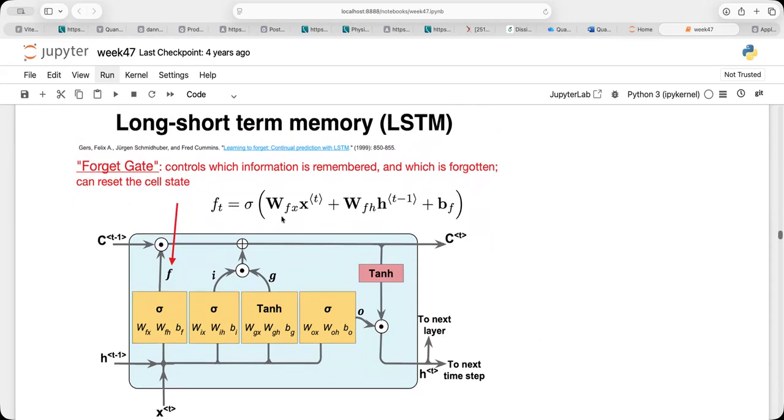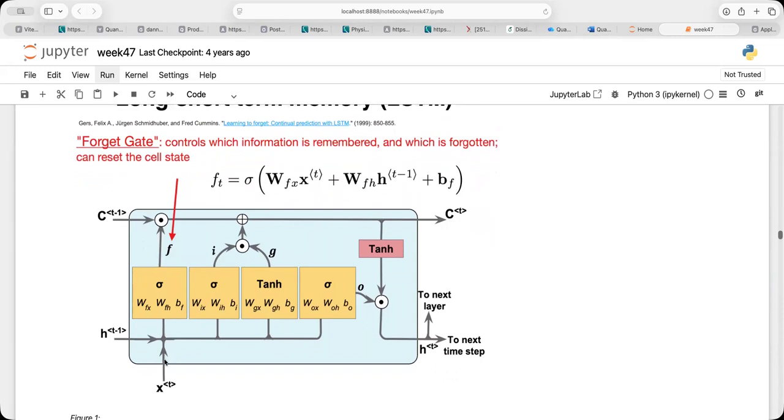And you see then the parameters which you need to fit. So you have a bias for the forget gate. You have the link between the forget gate and the H's. And then you can also have some X's which are fed in here. So as in the previous case, you could have the input values at every time step.